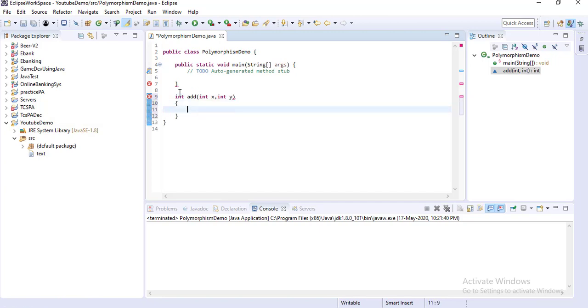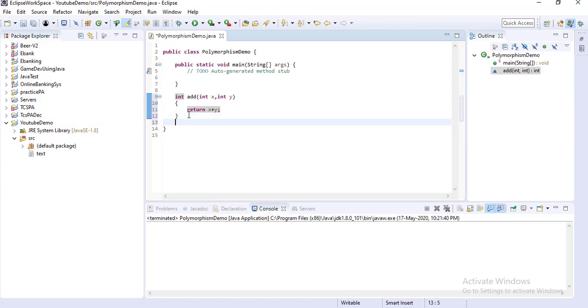If you try to add, then return x plus y. So this method will add two integer numbers and return the value of the addition of these two numbers.